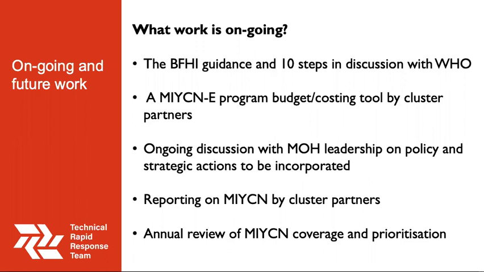Because for CMAM, it's already there, it's easy. They know 1 carton of RUTF is $58 and they know everything. But we are glad now that we have this tool, and our partners are able to use it. And in the proposal, they have budgeted for